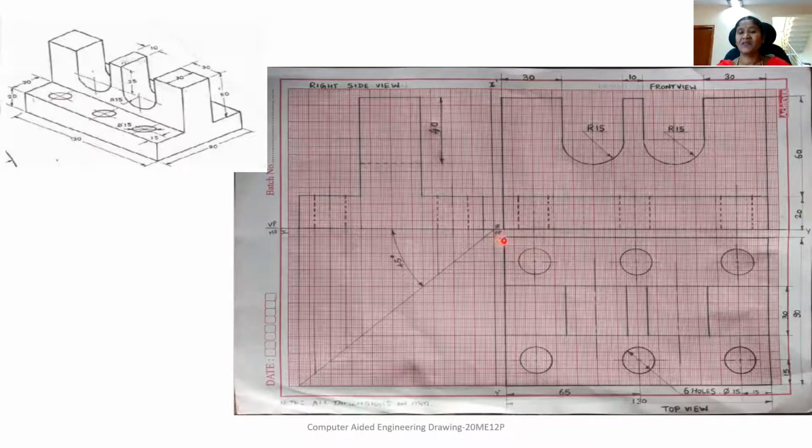Now from the top view, first in the lower left bottom area of the graph sheet, you draw the 45-degree line to draw the projectors from the top view to the side view. Now from this edge of the top view, draw a horizontal line to the 45-degree line and project it upwards. Again, from this end, you draw a horizontal projector from the top view to the 45-degree line and project it upwards. If you project it and draw a horizontal line from the front view, I will get the base of this component, which will be 90 mm.